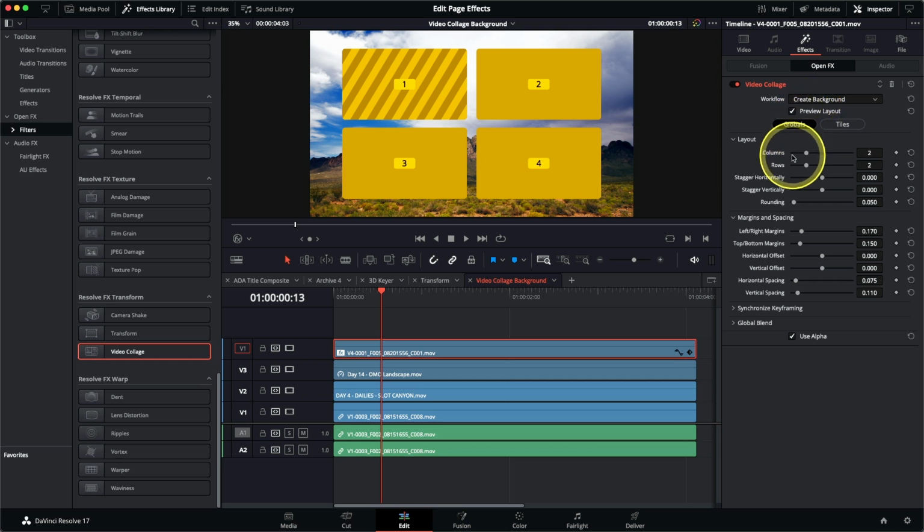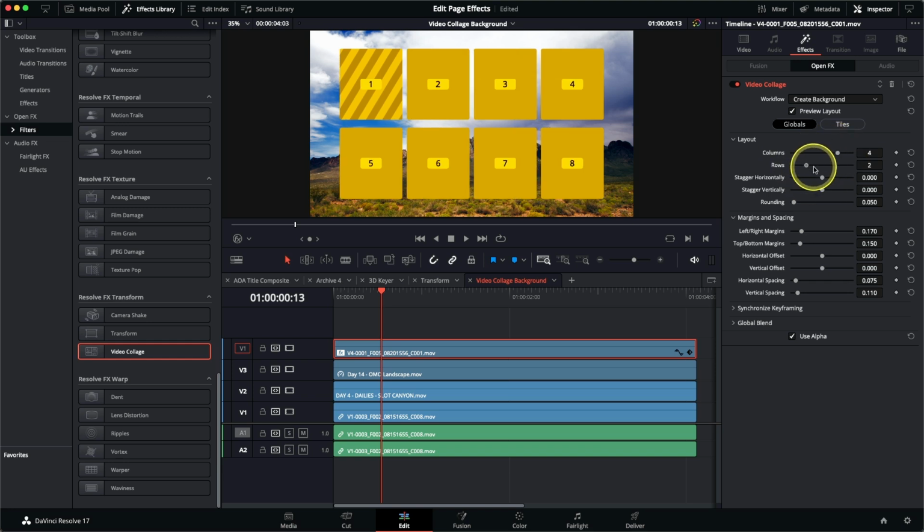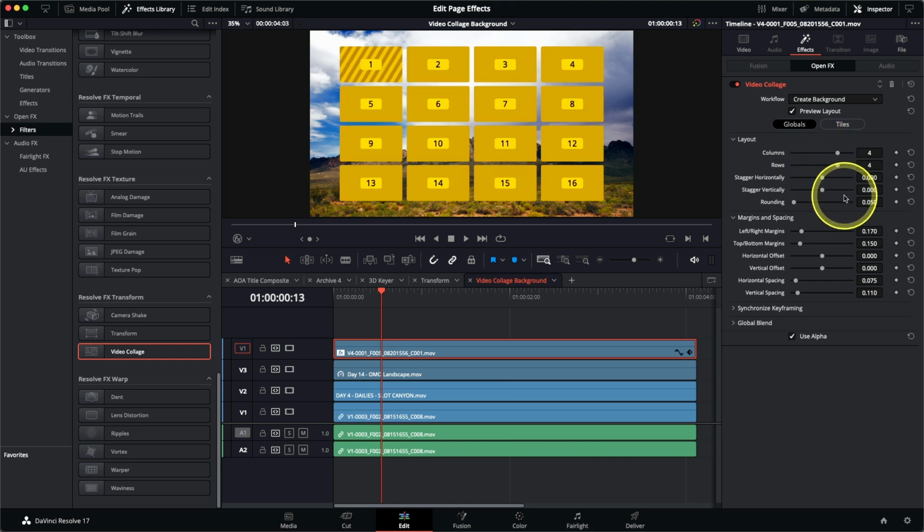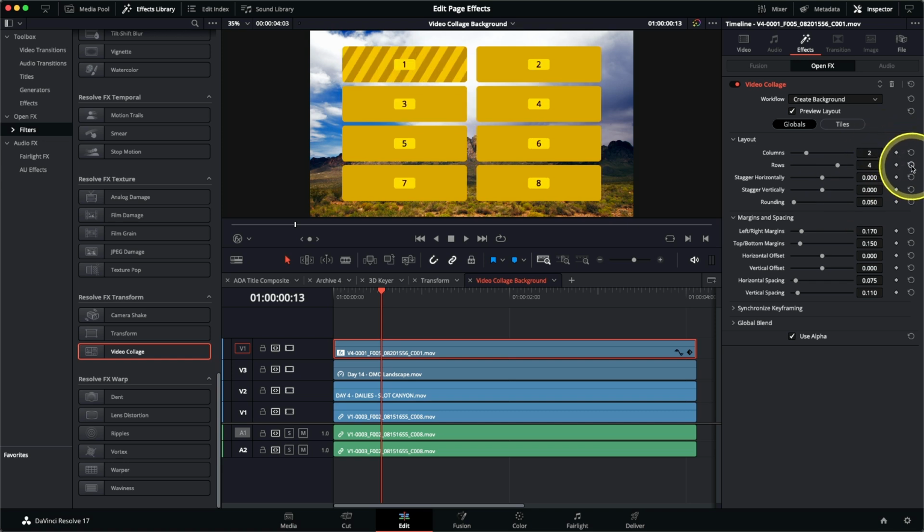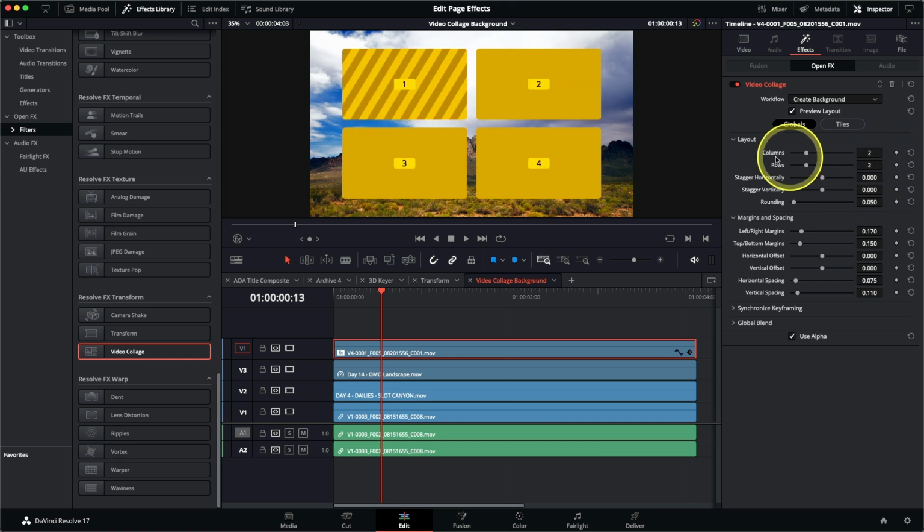You can change the number of columns and rows by using the sliders. So for example, if I wanted many images here, I could actually change the columns and rows to the appropriate number. I only need 2 columns and 2 rows. However, I actually want to remove this tile number 4. I don't need it. And I actually want tile number 2 to be larger and take up the position